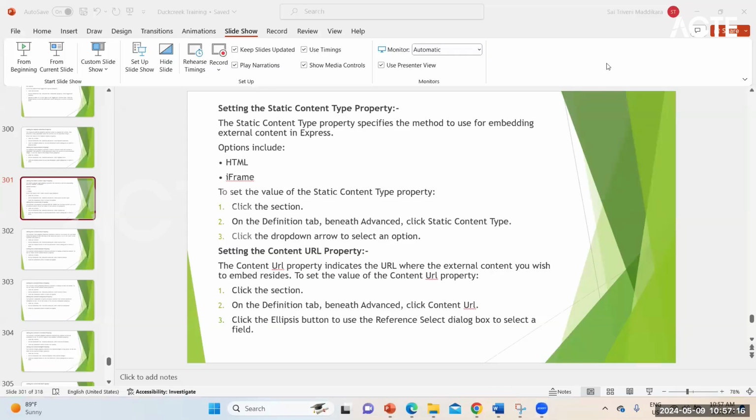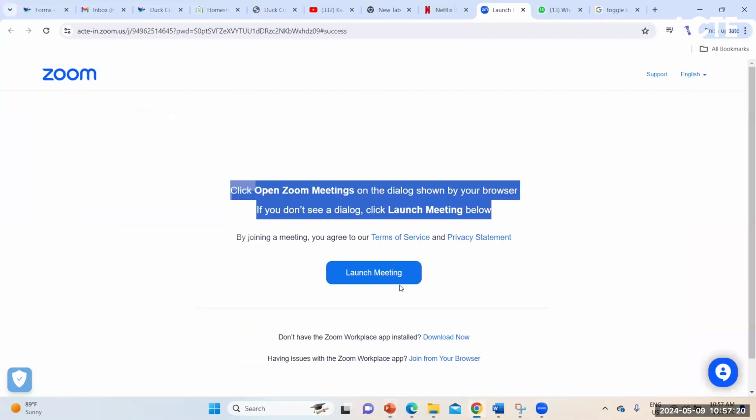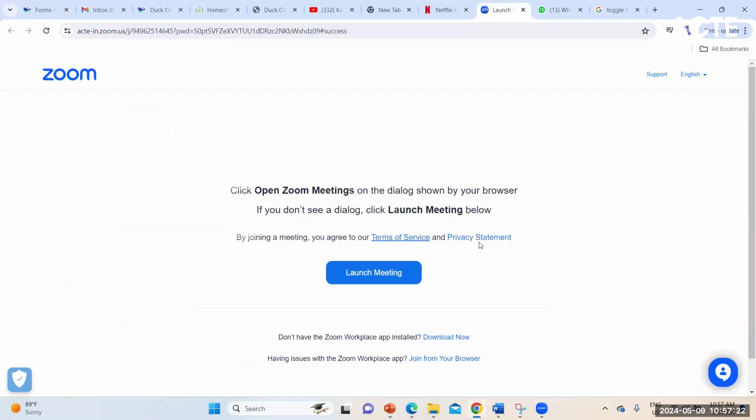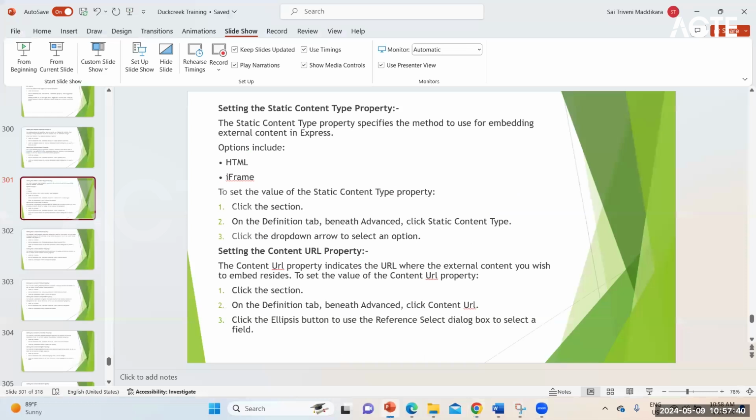Here, when you click on terms of conditions or privacy statement, this will navigate to some other page. When you open this, the details of the privacy statement or terms and conditions will be displayed. Those are called the URL property.